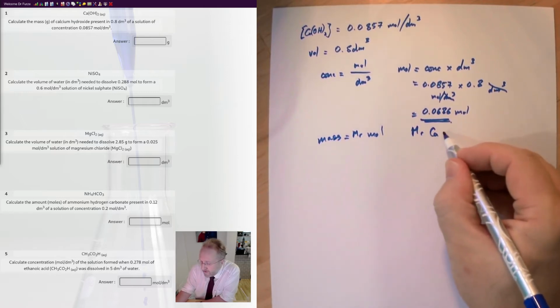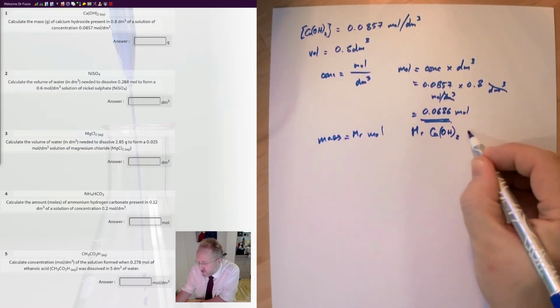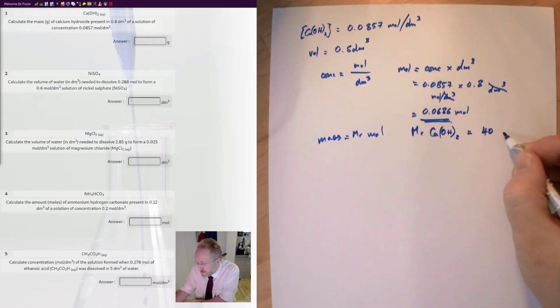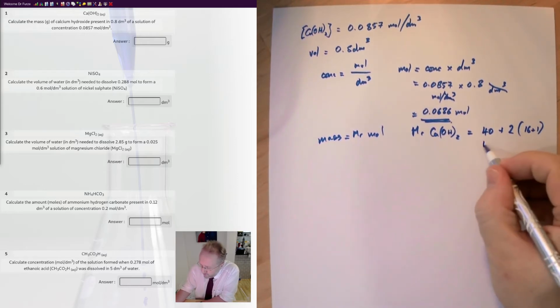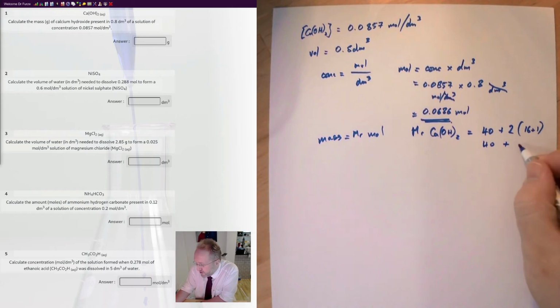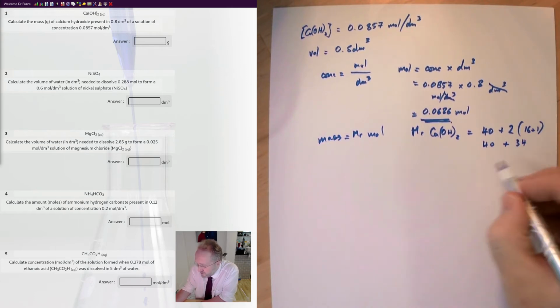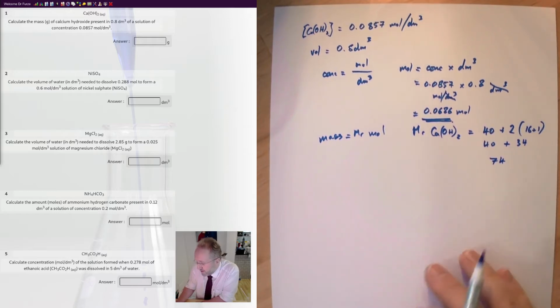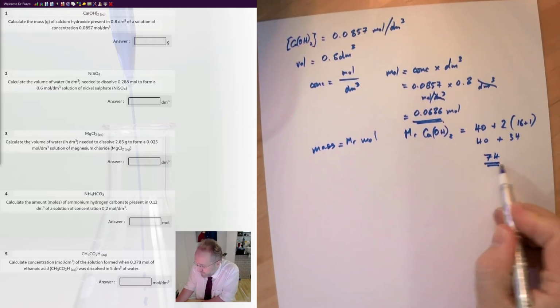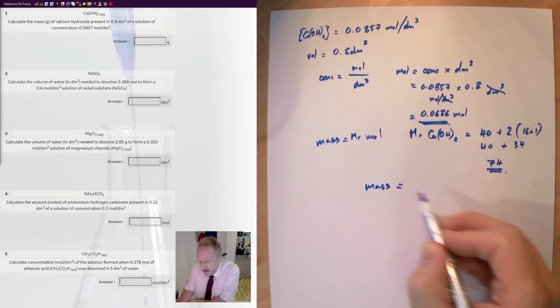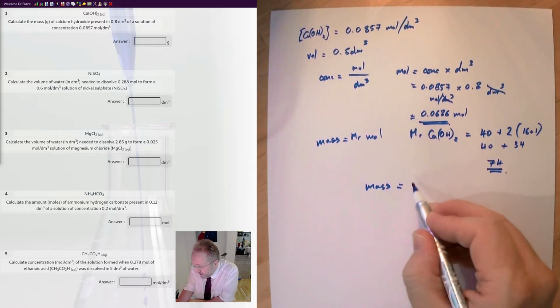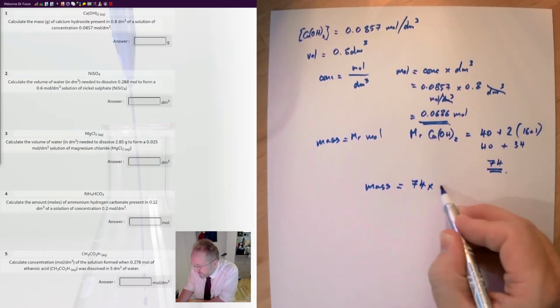The Mr of Ca(OH)2 is equal to 40 plus 2 lots of 16 plus 1, or 40 plus 2 lots of 17, which is 34, so 74. So Mr of calcium hydroxide, 74. So the mass we have is going to be equal to the Mr, which is 74, times